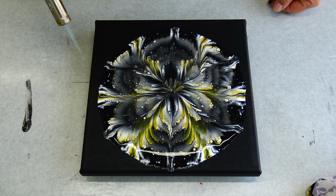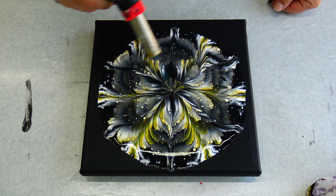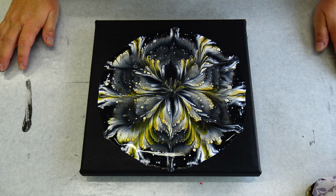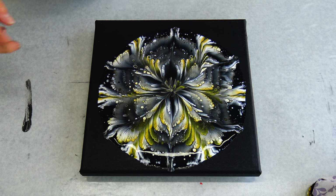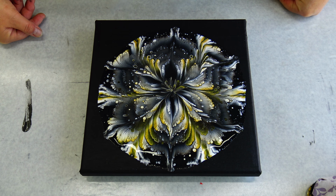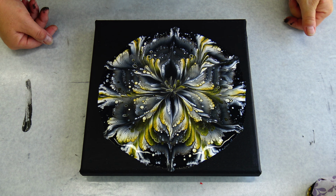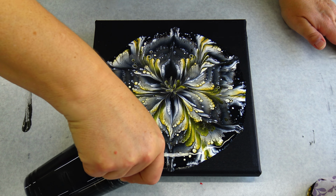And I did get a lot of gray because of blue. Where did I get blue? Because of white and black together. But it's not so bad, but I don't like this